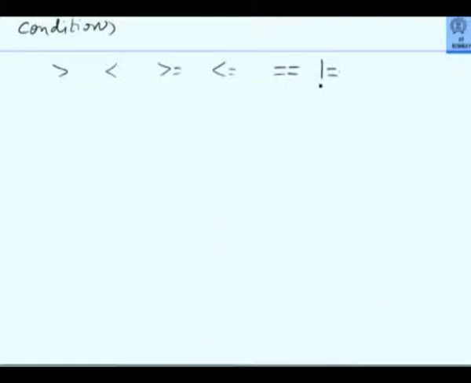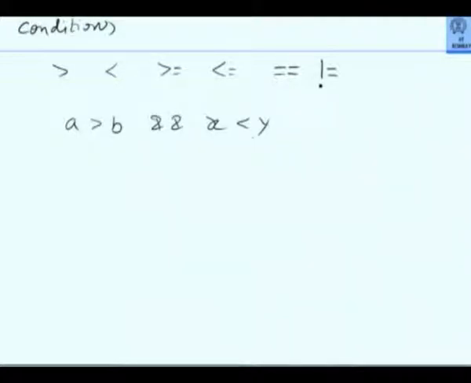Now when I compare, sometimes I want to write complex conditions. A greater than B and X less than Y. So how will I write that? I will say A greater than B and X less than Y. Now, how do you know that it will not do B and Y, B and X? Because in comparison operators and logical operators, there is a priority.